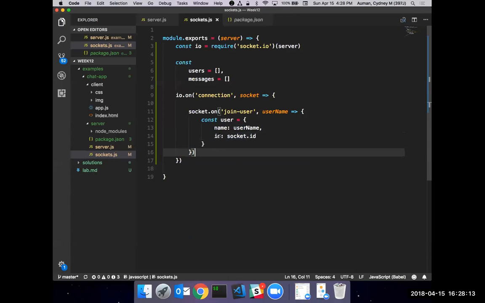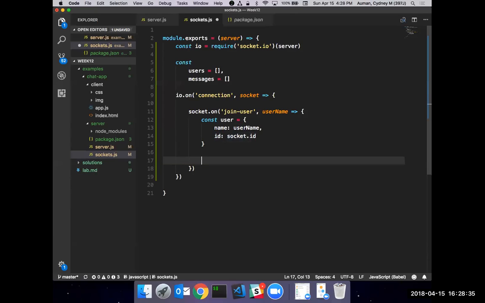So we can ensure that this variable ID is unique. But username may not necessarily be unique in this case, right? Like Sydney could join and get a socket ID of 1, and then another Sydney could come along and join, but her socket ID would be 2 maybe, right? They're not necessarily ordered. They're just RNG, these socket IDs.